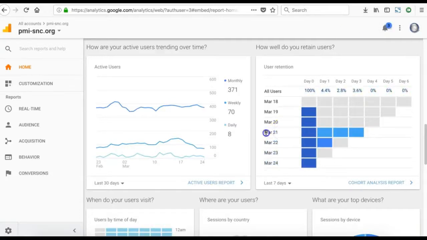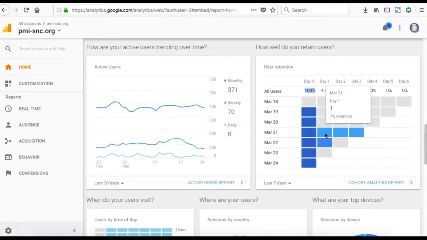For March 21, the number of users, say 15 users, came on the website. So that's why it says 100%, because this is the beginning day for this analysis. So 100% of users came on the 21st, and then we have